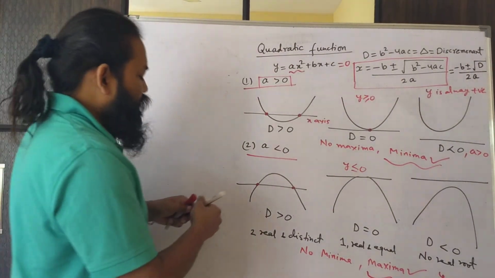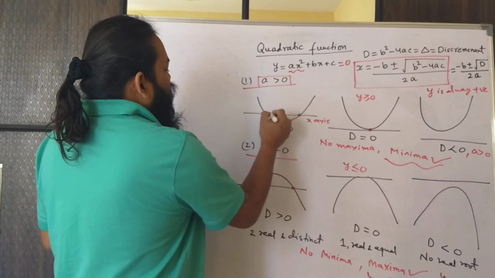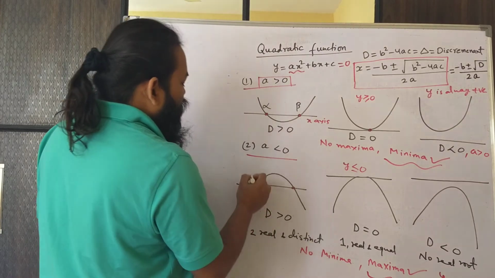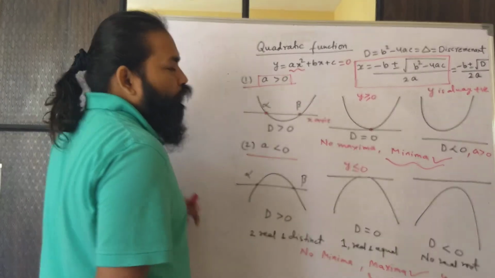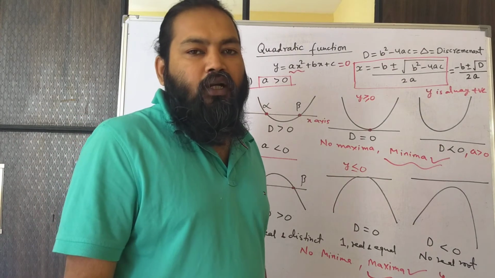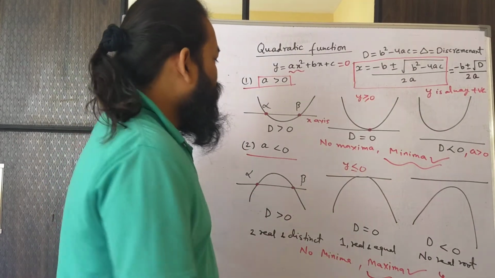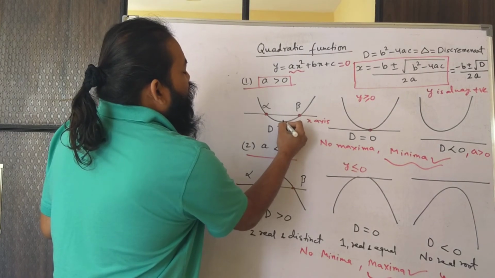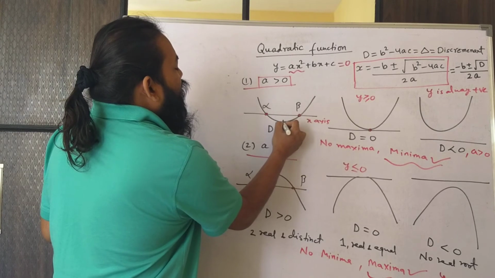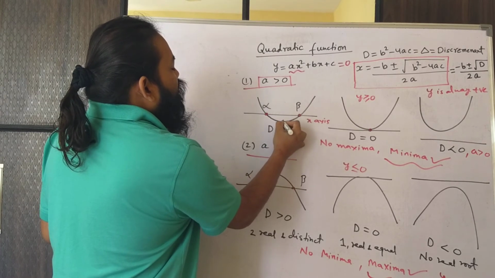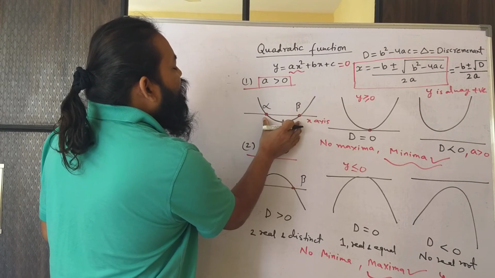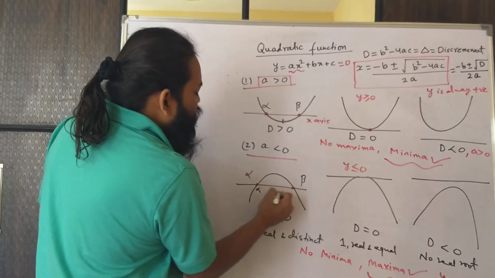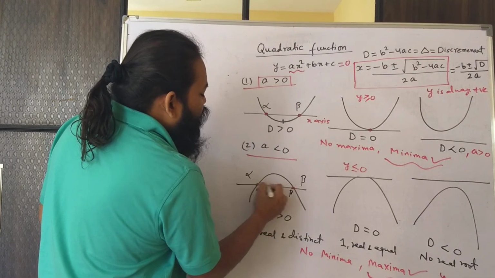Now, third thing is, before we go there, can you see one thing? These are your roots, alpha and beta, okay? And in this case also alpha and beta. So a quadratic function is symmetric, okay? Symmetric means, this is the minima. And you can see the roots are at equal distance from minima. Okay. So the minima will come exactly in the middle of alpha and beta. Also the maxima will come exactly in the middle of alpha and beta.